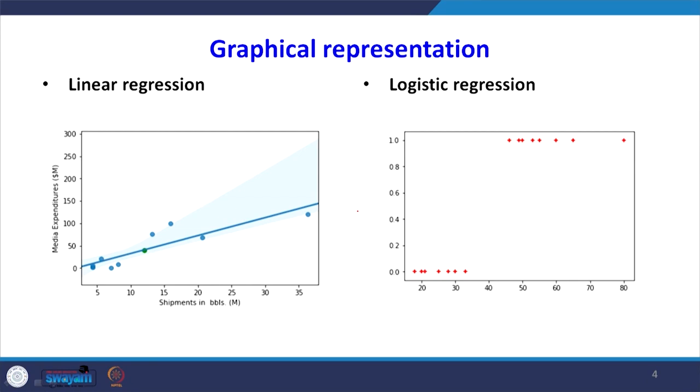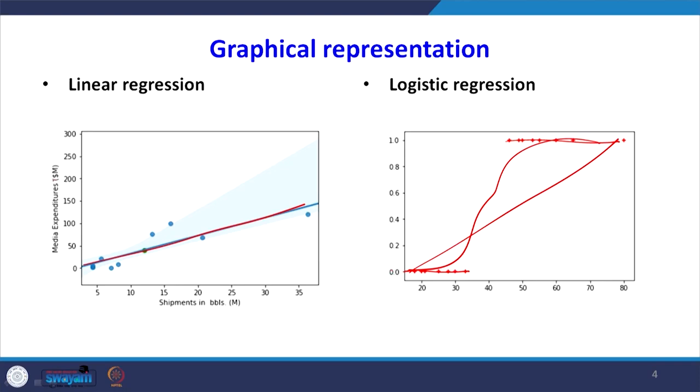Another difference is, if you plot a simple independent variable and the dependent variable for linear regression, you may be able to connect all the points this way. But in logistic regression, the value of y can have only two possibilities, maybe 0 or 1, and you may get this kind of relationship. The meaning here is, you cannot form a linear relationship this way, you have to form a kind of S-shaped curve. That is another difference between linear and logistic regression.